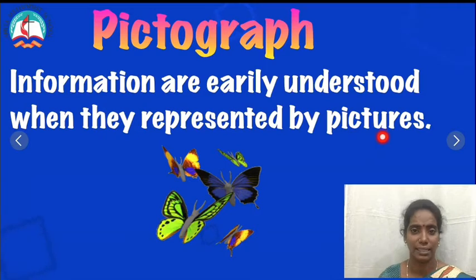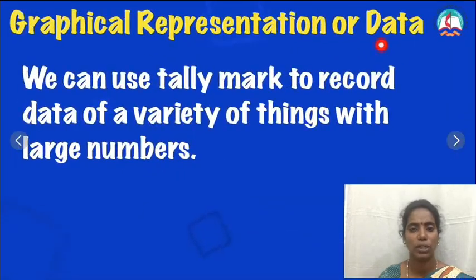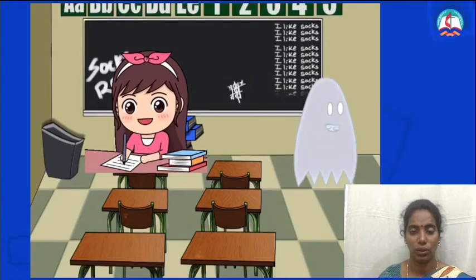So check like this. Okay, what did we learn today? Today we learnt about pictograph. What is a pictograph? Children, say with me: a pictograph is a representation of data using images. Pictograph means we are drawing using images. What is meant by data? Collecting information. We are using tally sticks. Pictograph uses pictures. For data, we are using graphical representation, with tally bars. Children, keep that in your mind. I hope you don't get confused.